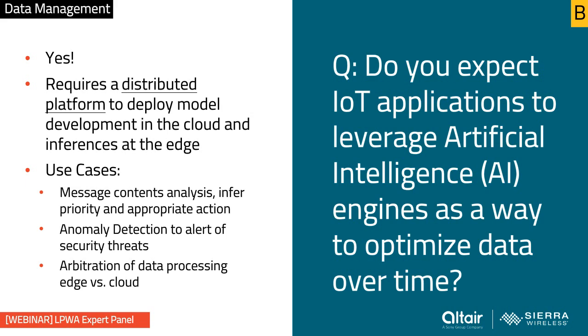We're all familiar with modern cloud-based email systems, which basically prioritize messages for us and even suggest responses. So imagine this in an IoT context where your edge device is actually making inferences on the data that it sees to decide how important, what priority should be given to a given event. So that's one pretty interesting one.